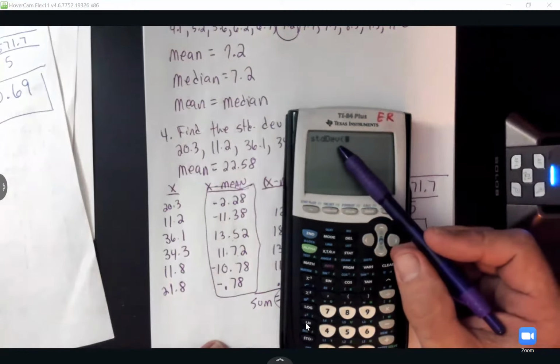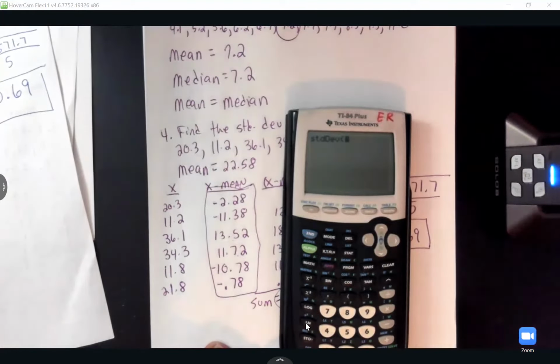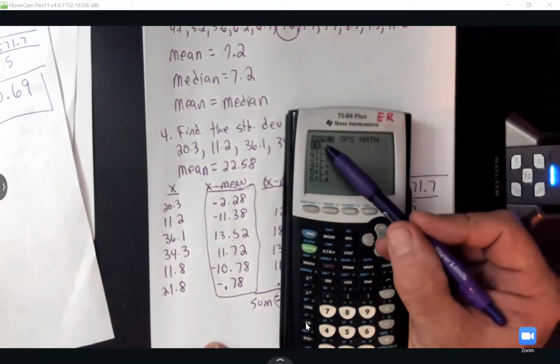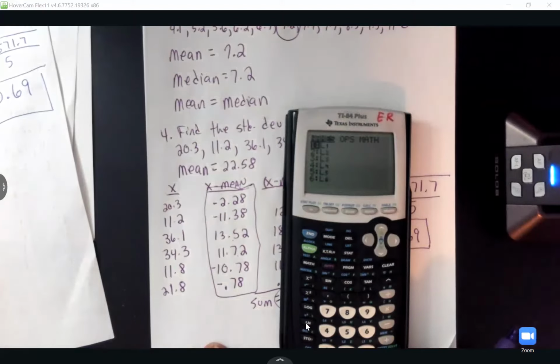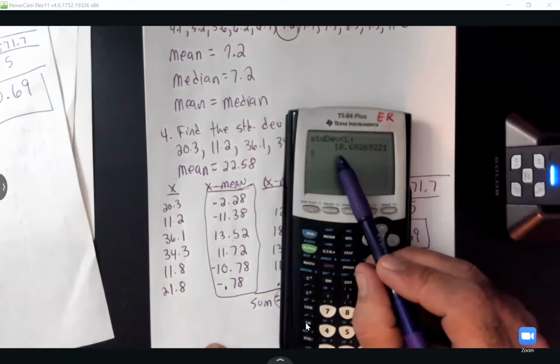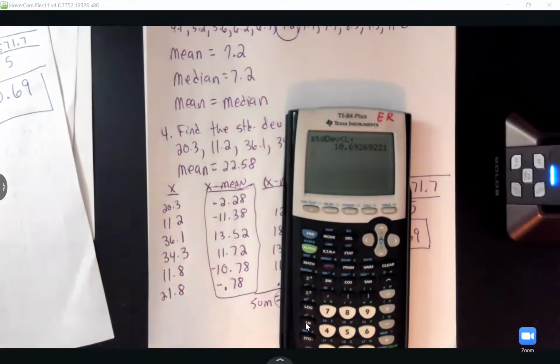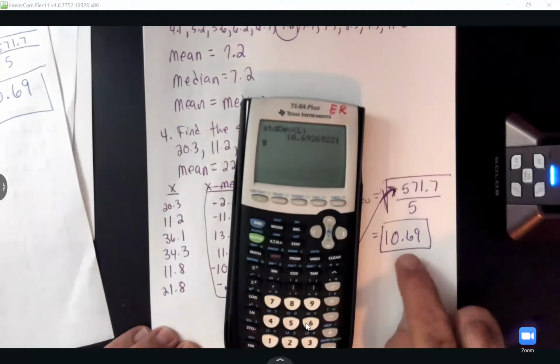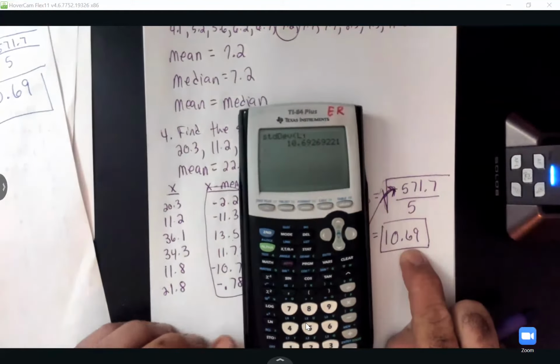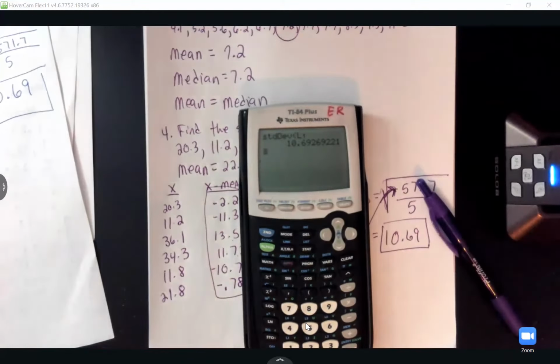So on my screen, it says standard deviation. Now hit second stat again, because we need list L1, which is highlighted. So hit enter. And y'all, when I hit enter again, it's about to give me my standard deviation, which is 10.69, blah, blah, blah, which I would round off to 10.69 like we got. So I will say, it's tricky learning the calculator, but once you learn it on the calculator